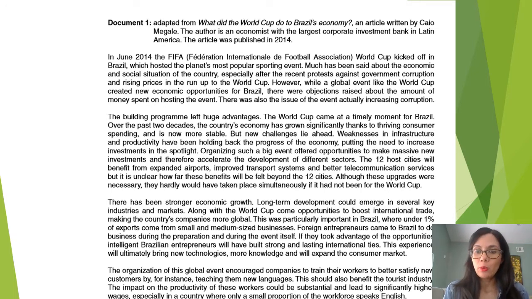So what I said was to look at the paragraphs, just kind of scan them. Do you see evidence? Do you see examples? And when you look at document 1, I scan the first, the second, the third. I'm really only seeing one piece of evidence right there, where it says under 1% of experts come from small and medium-sized businesses. That's it. And then when I look at some of the reasoning, okay, the Olympics will be good, the